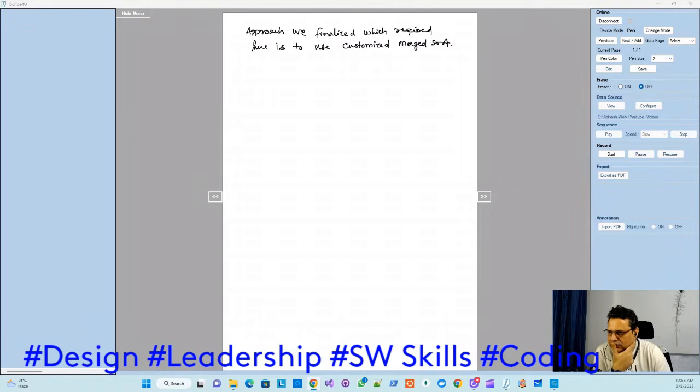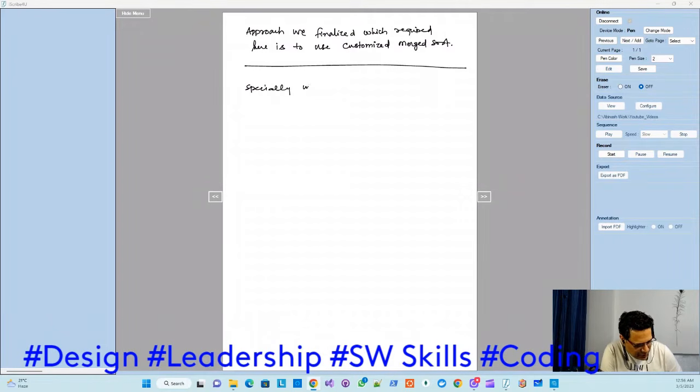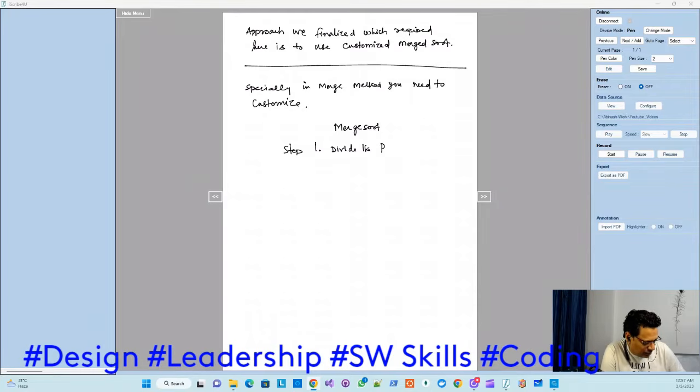So how do you solve this problem? What precaution is needed? Merge sort has no issue, right? Only the merge method requires customization. Why? Logically, how does merge sort actually happen? Merge sort is a two-step process, right? The first step is to divide the problem, and step two is to merge the